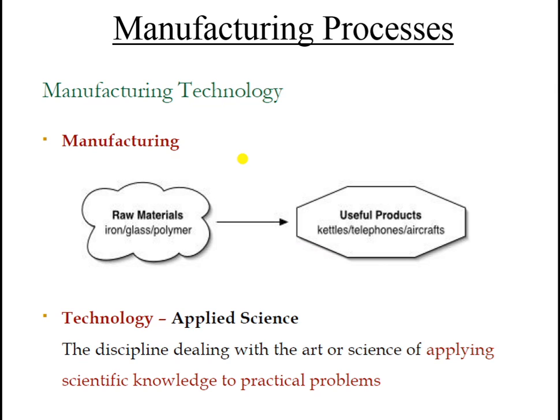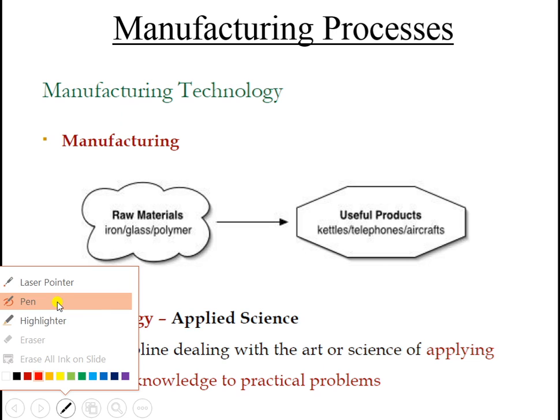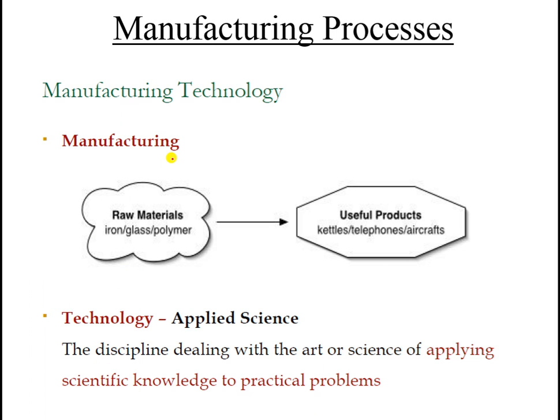This video is from unit number 5, that is manufacturing processes. In this unit we are going to learn about the various aspects associated with the manufacturing of various components. Specifically, manufacturing is a term associated with making various kinds of components, that may be metal components, plastic components, or components associated with